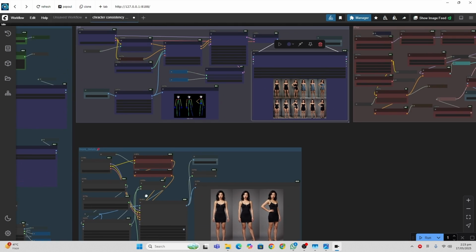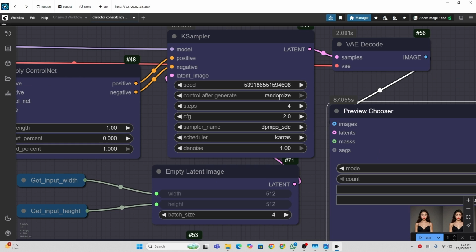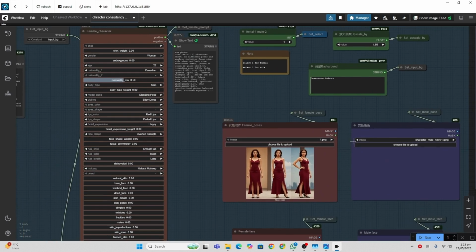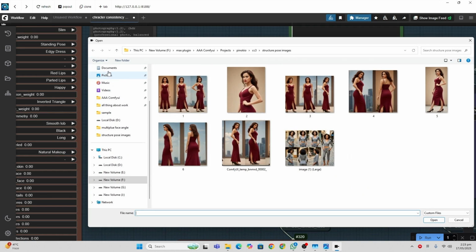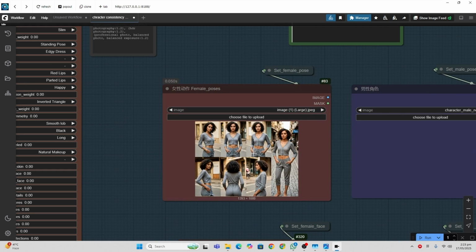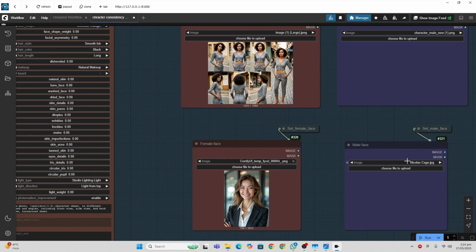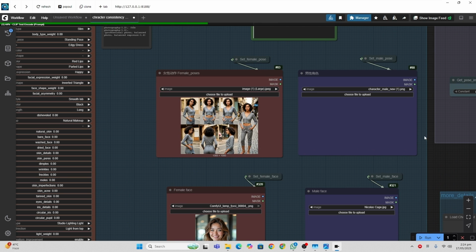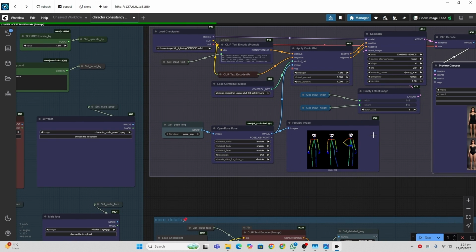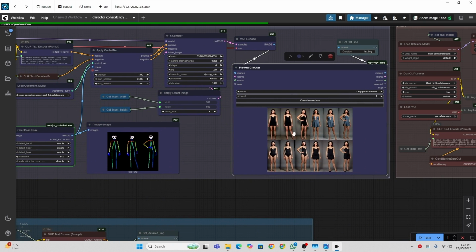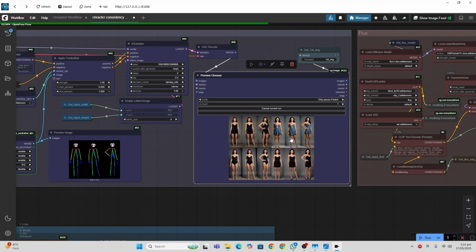Now what you will do, you will just go and make this fix. Now you have all these images, you can go and select. I will select this one, and again simply run, and it will generate new poses with new images, and again the same thing.